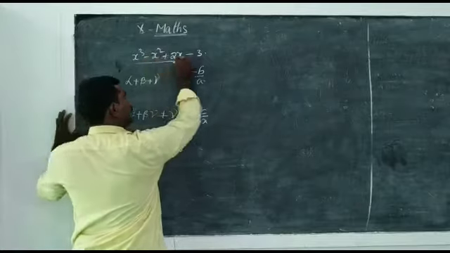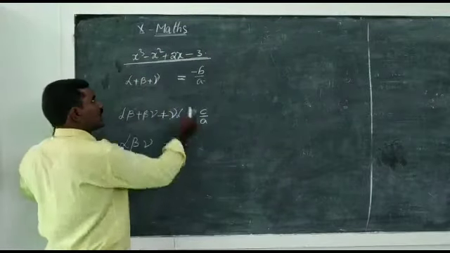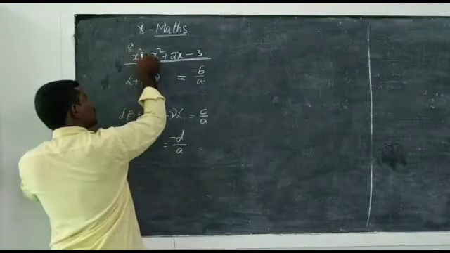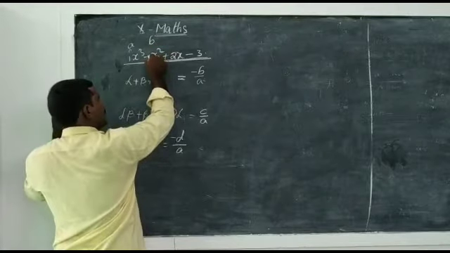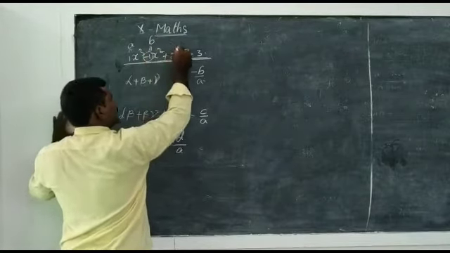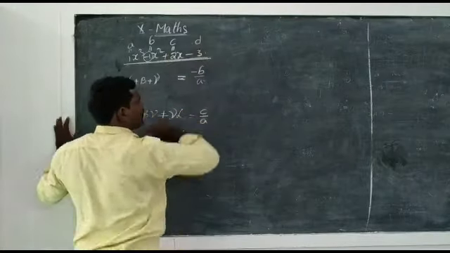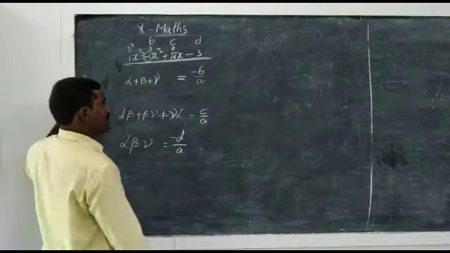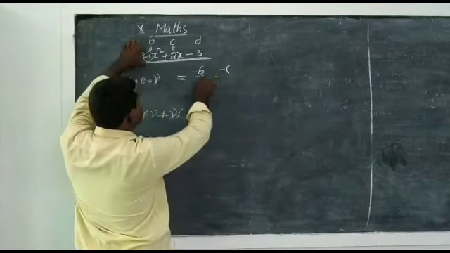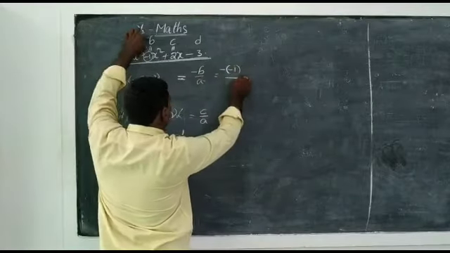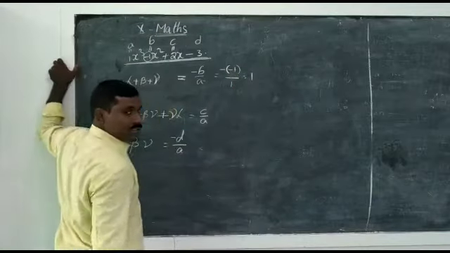Now from this polynomial, what is the sum of the zeros? Here a is the coefficient of x cube, 1, and the coefficient of x square is b, minus 1, and the coefficient of x is c, and the constant term is d, minus 3. Now in this case alpha plus beta plus gamma equal to minus b. What is b? Minus 1 by a. What is a? 1. Minus into minus plus 1 by plus 1, it is 1.